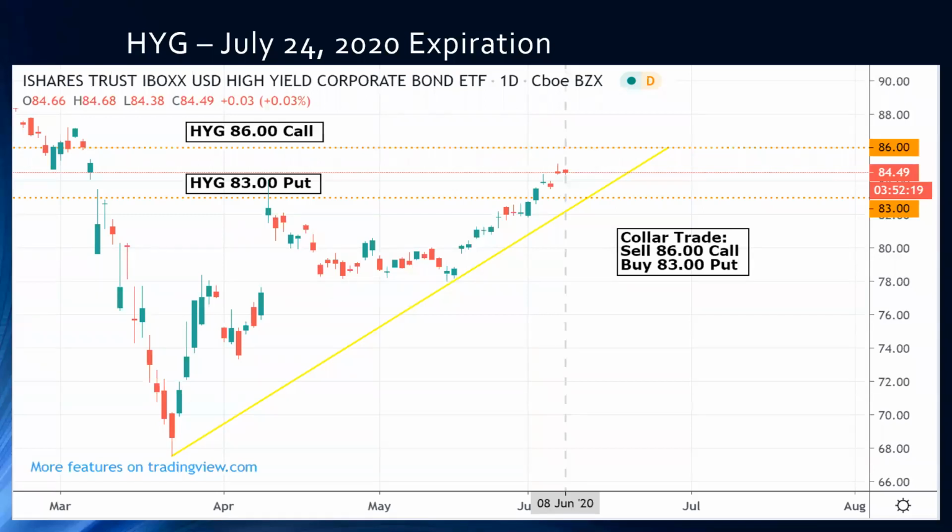But it's on so many levels, I think it's actually more of a problem than good news. In the short run, I think it's good news. But it does tell you, when it comes to this kind of a hedge, what can you do? So here we have the $83 put strike price and the $86 call strike price.